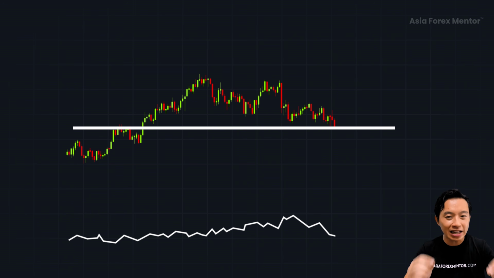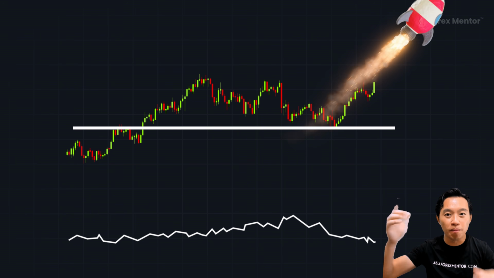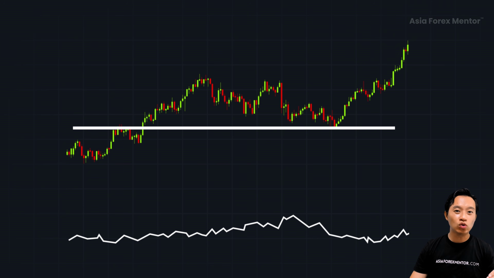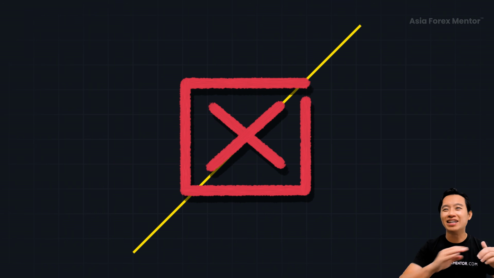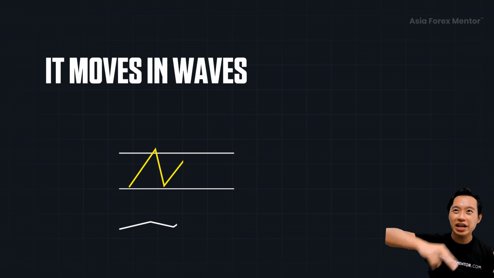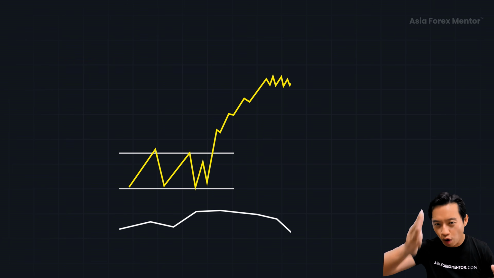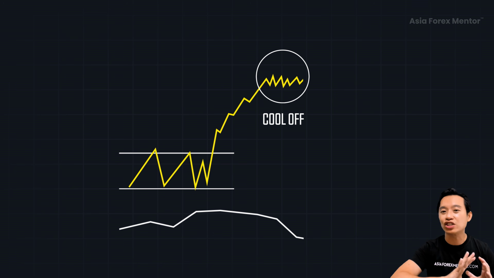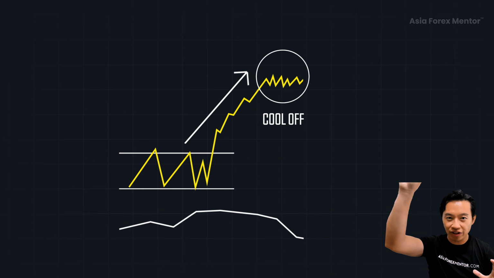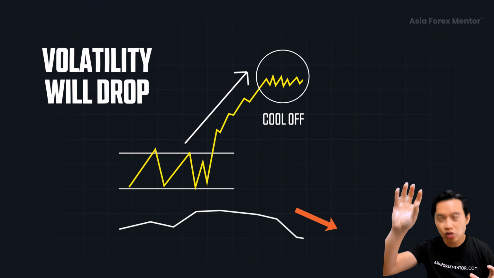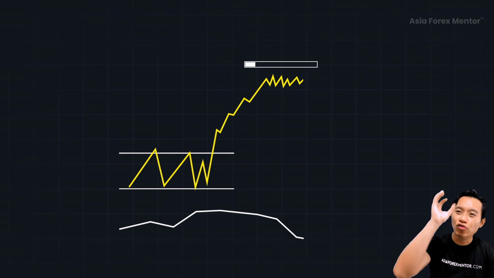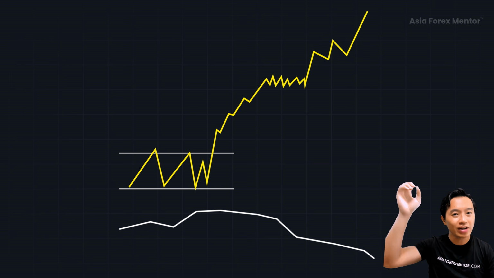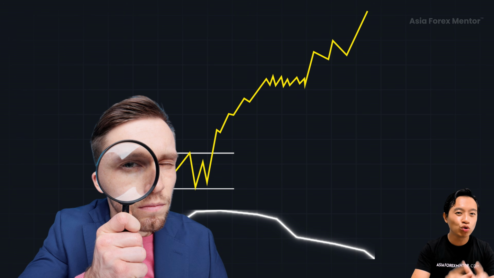If you want to use the ATR to catch explosive moves before they happen, you first need to understand how the market really moves. The market doesn't move in a straight line. It moves in waves. It always cools off at some point. So after a strong push, the traders will start taking profit. So the volatility will then drop, and things will slow down. But that's not the end. It's just like the market recharging for the next big move. So the ATR helps you to spot